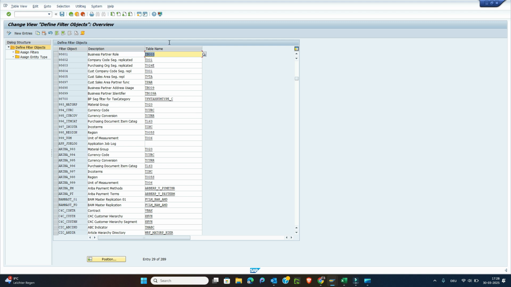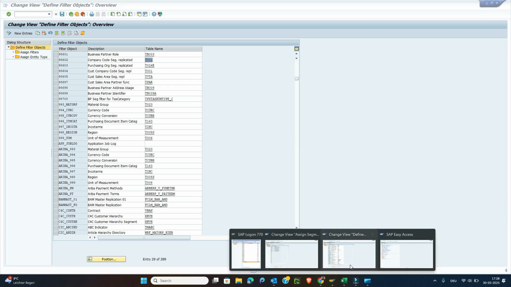So the business partner concept is completely different. It's a similar way: if you have a requirement, you can also create your own segment filter here, and put the customizing table as you require. And then to check how they apply the logic, you can go back